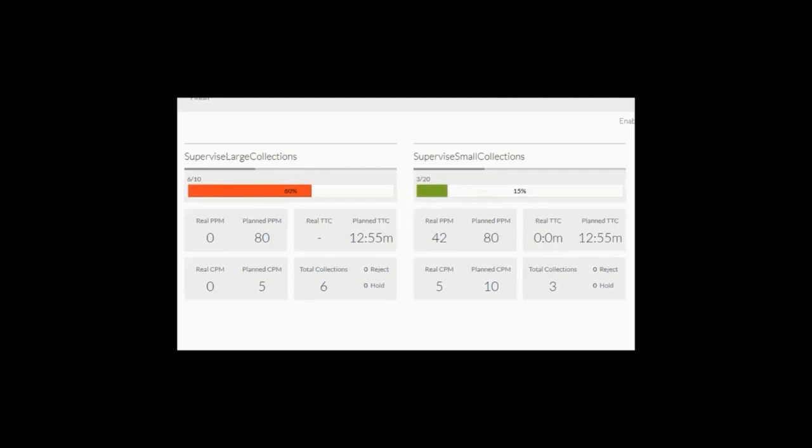If we wait, slowly this number is going to rise until it goes above the planned time to complete. When this happens, the roller will turn red again. We can also see that the real pages per minute and the real collections per minute have also been updated. And if you take a closer look, you will see that in real time, this number is also updated according